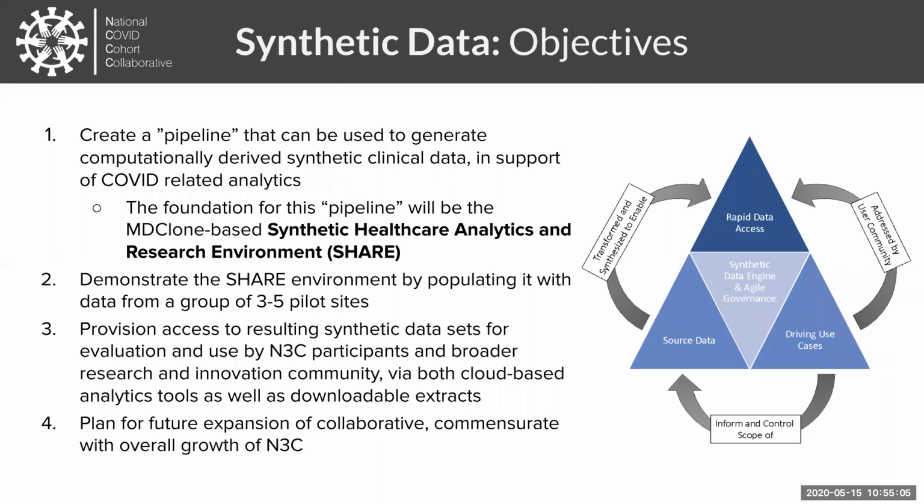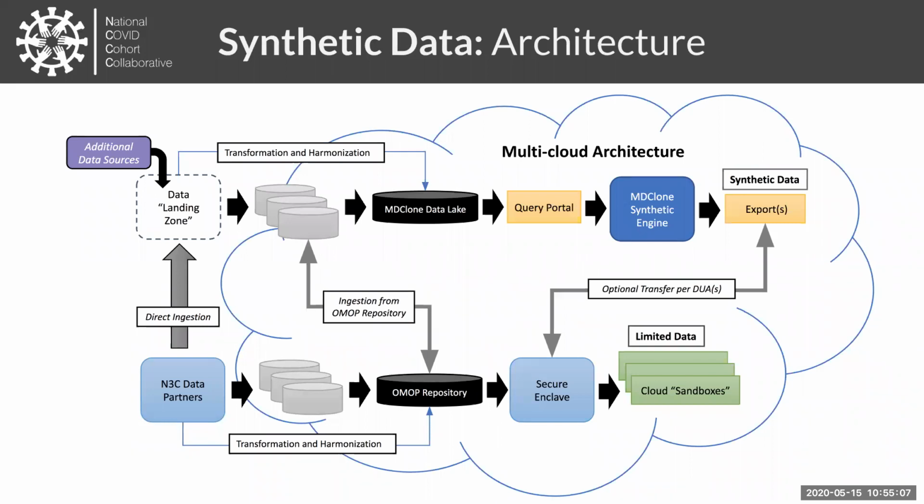So if we go to the next slide, this is sort of the schematic diagram. I often joke that if nothing else, informaticians produce diagrams of boxes and lines, and this is certainly an instance of that. This is somewhat complicated, but meant to explain the interplay between the core N3C pipeline, in which partners are contributing data that is being represented in an OMOP repository and then made available via a secure cloud-based enclave, and then the MD Clone pipeline that we will be piloting during this initial stage, in which we will ideally